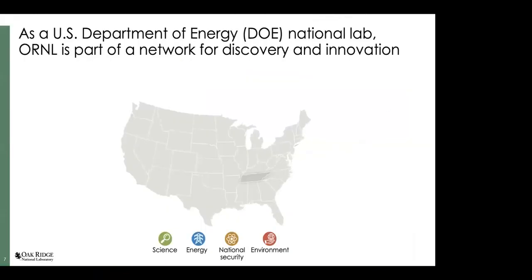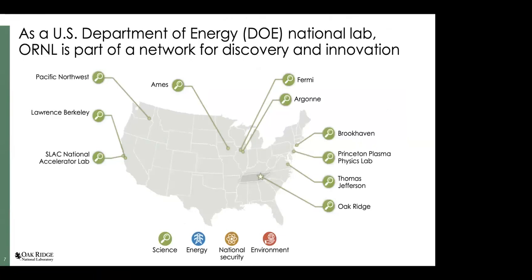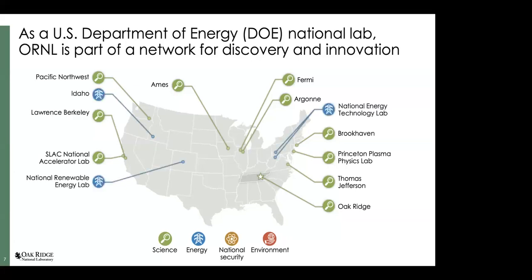So today we are the National Lab System. There are 17 of them. They're all part of Department of Energy's mission. There are a group of labs that serve the science mission of Department of Energy, and of which there are few large multi-purpose science labs: Lawrence Berkeley, Pacific Northwest, Argonne, Brookhaven, and Oak Ridge. And Oak Ridge is the largest multi-purpose science lab.